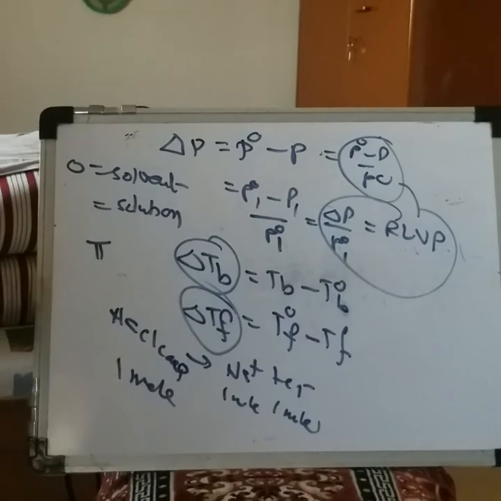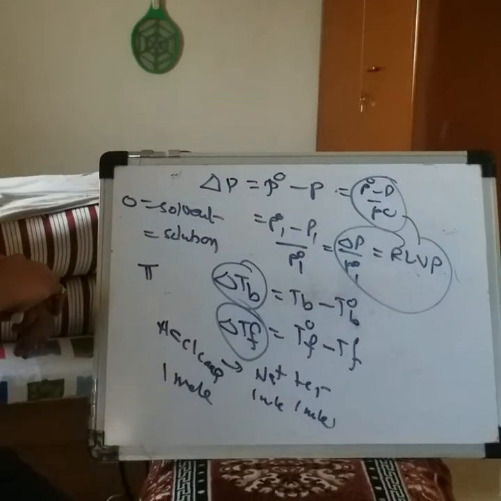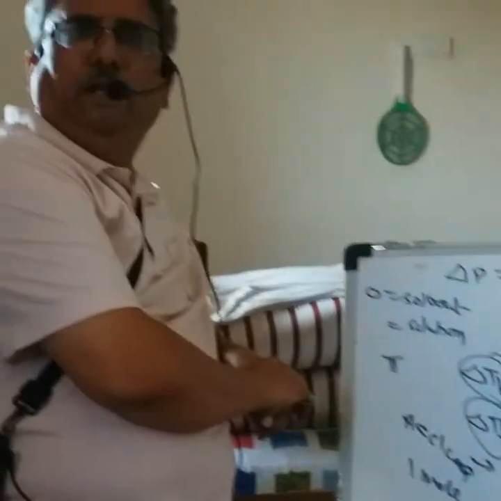So when dissociation or ionization takes place, the number of particles increases. So when dissociation takes place in solution, the colligative properties increase. When acid, base, salt are dissolved in water, the number of particles always increases. When there is a non-electrolyte like glucose, sugar, urea, when they dissolve in water, they will not produce ions. So colligative properties will not be affected by that. But for ionic substances, colligative properties will change.